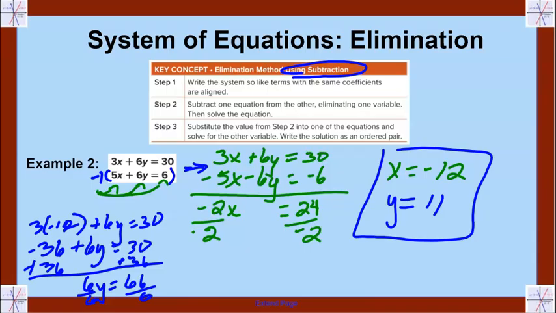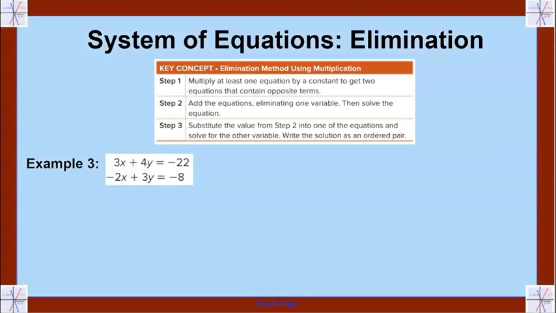And we have one more example. This one requires a little bit more work because they don't have common coefficients. So you're going to have to multiply both equations by a number so that you can eliminate one of the variables. So step one, you're going to multiply at least one equation by a constant to get two equations that